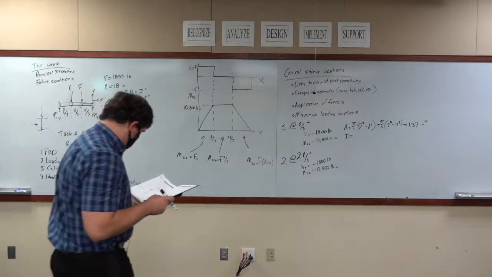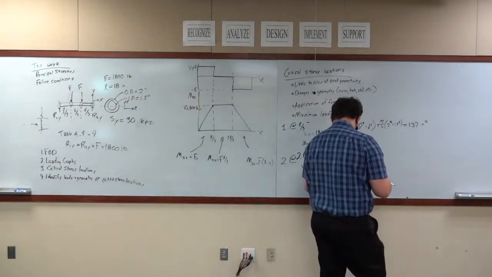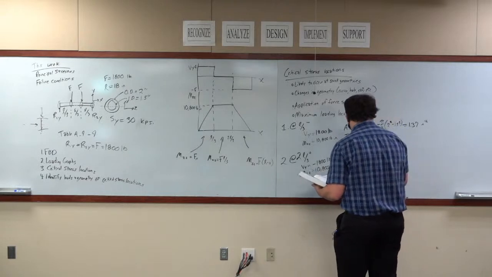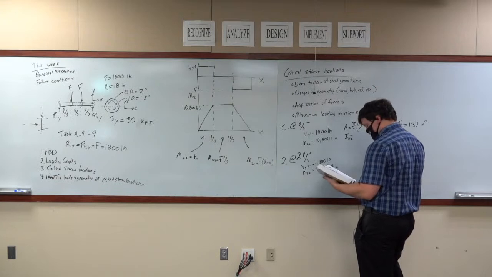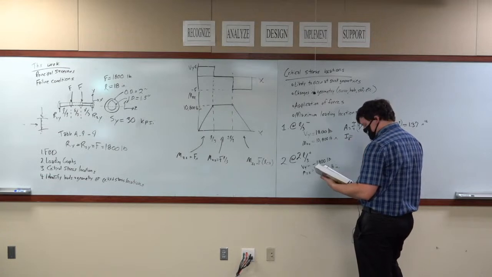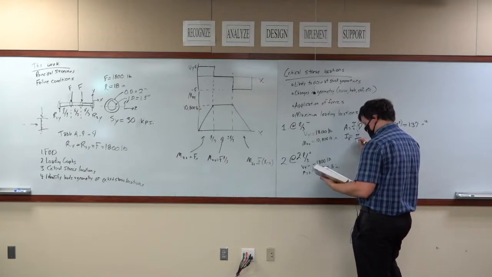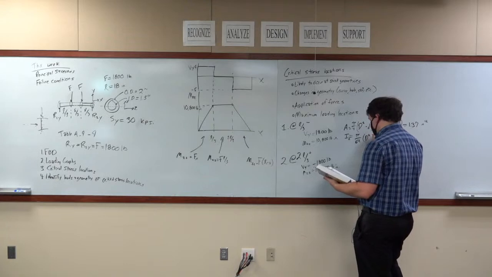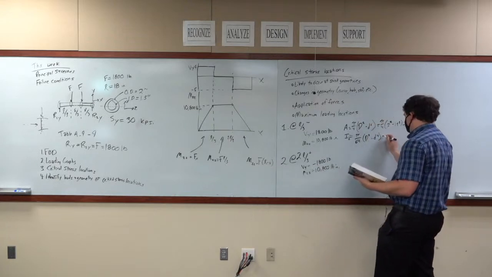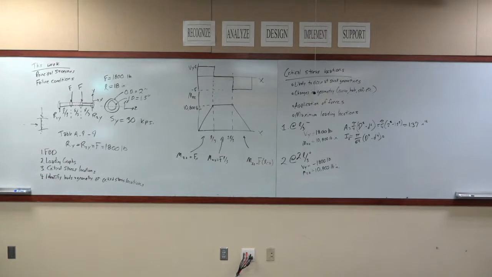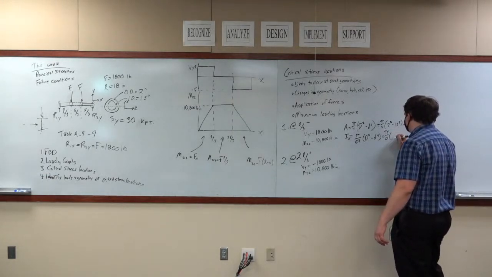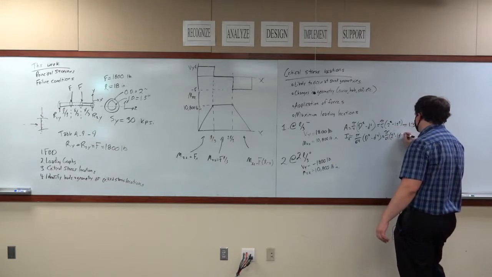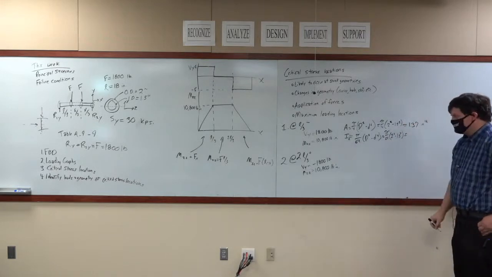And for a hollow circle, bending along that axis, which is IZZ, that's just IZ, equal to pi over 64 times outer diameter to the fourth minus inner diameter to the fourth. Which is equal to pi over 64 times 2 to the fourth minus 1.5 to the fourth, which is equal to